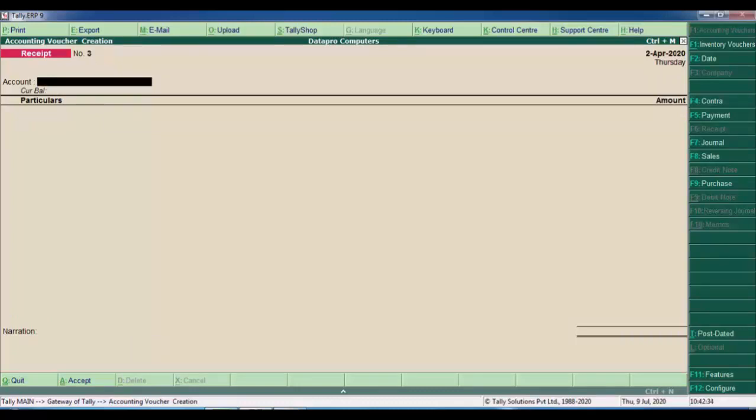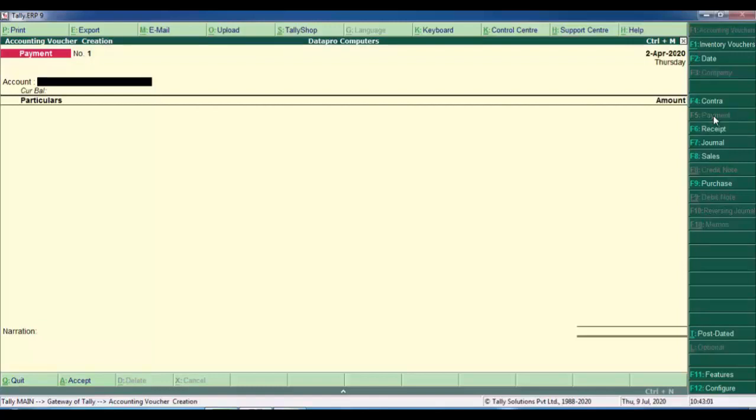After that, you paid salaries to your employees. That type of transaction we enter in a payment voucher. Why? Because the cash is paid. So we are entering a payment voucher. The shortcut key is F5 or click on the payment button in the shortcut keys panel. So the shortcut key is F5.